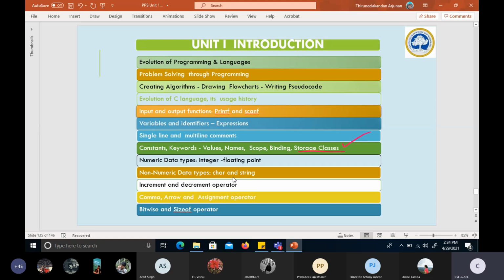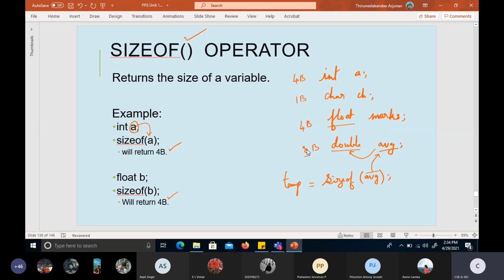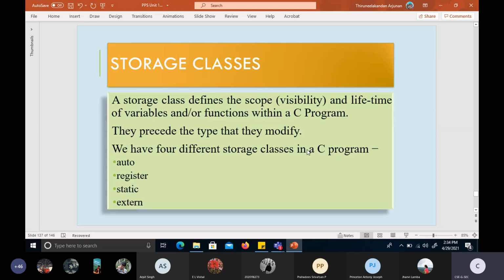Now we will look at storage class. Storage class, very simple. What I wish to say here is, basically we declare a variable and initialize some value to it, and then we do some programs. When we are doing such a program, there is something called visibility or scope. We already did an exercise in the second experiment to understand the scope of a variable. In a function, if a variable is declared locally, that variable alone will enjoy more priority.